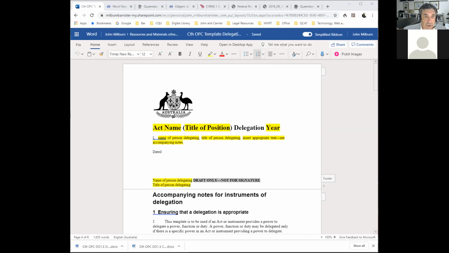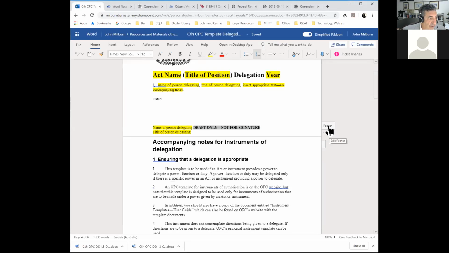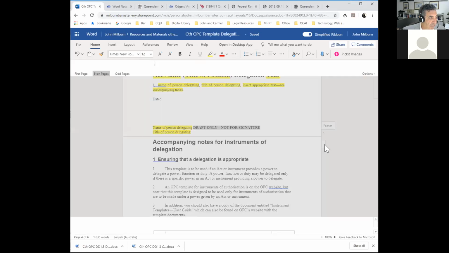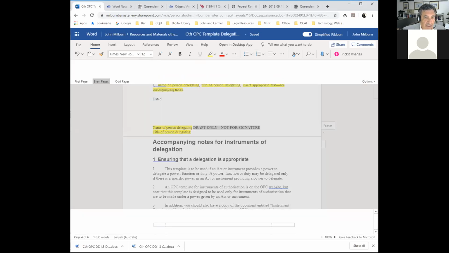So of course it's important that you check the delegation provision in the act or the instrument to ensure that the language matches exactly the language in the act or the instrument. So if the delegation provision in the Act provides for powers, functions and duties to be delegated, then the instrument should use the same form of words instead of merely powers and functions. So the precedent is all set up, ready to go, even with notes as to where to include footers and headers, as it were. So it's very interactive.